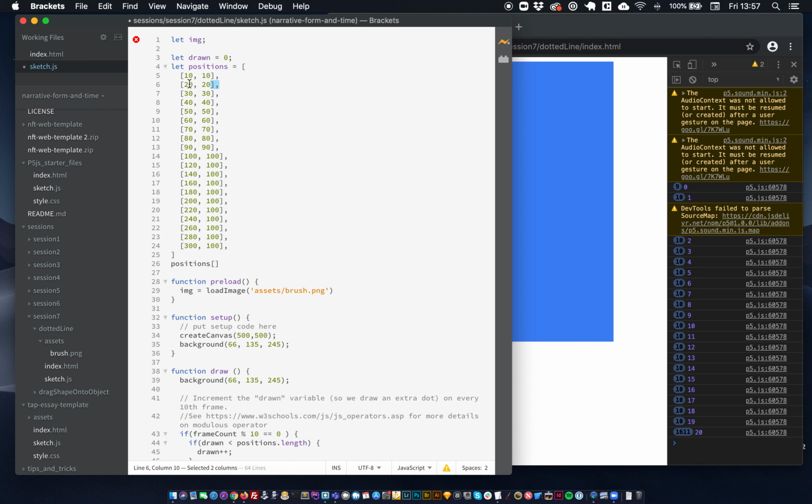Which one was I aiming for? I'm aiming for this one here. I'd say positions 1. And that is going to return 20, 20 in an array. So that's going to return my positions for the second